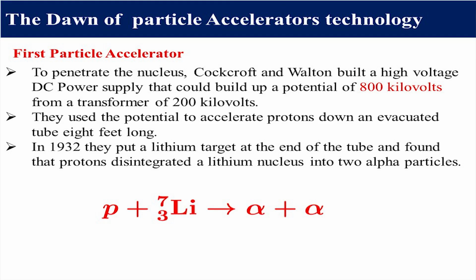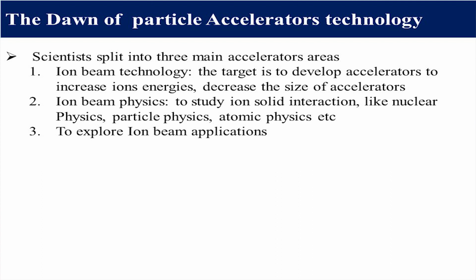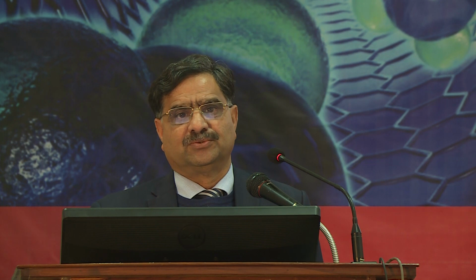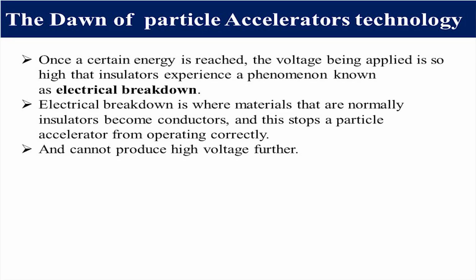If we need high energy ions, they can penetrate high mass elements like tungsten and gold and easily disintegrate the nucleus, and we can get radioactive ion beams or other ion beams. This is the basic concept. We need high energy accelerators. The race started to develop high power supplies, because we need a high electric field to accelerate ions to gigaelectron volt energies.